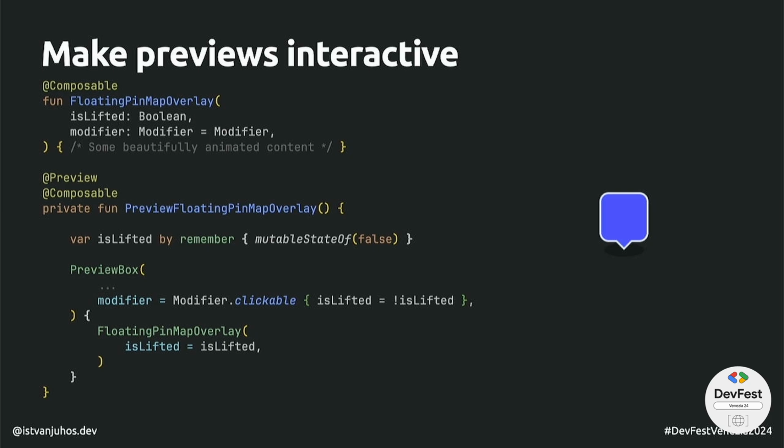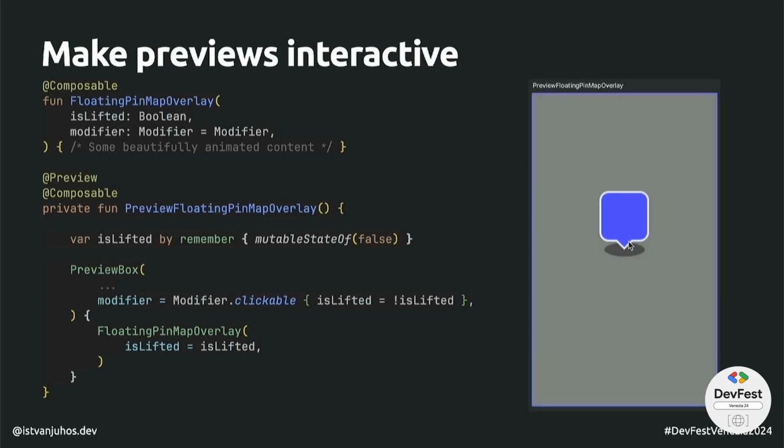How to make a preview interactable or interactive? Well, we can set up state inside our previews and set up our fake callbacks, like click callbacks, or even add some not required callbacks to modify that state and feed that state to our composable under preview. For example, this is lifted can be just a mutable state of Boolean in our preview. We can create a clickable on the whole preview box, because why not? Where we flip that state, and we can feed that state into our composable under preview